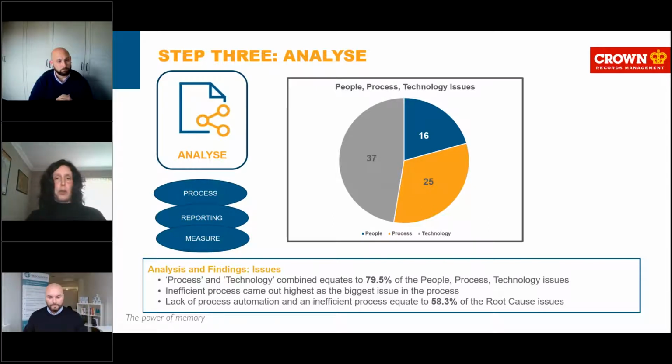But on top of this, you might also put some root cause analysis issues around there and try to group them into 5. Then you can get really geeky and start doing a Pareto analysis around it, and then work out the 80-20 rule and so on. So there's a whole load of analysis that you can put in at this stage. But ultimately, what you're trying to do is work out what's the biggest inefficiency. Is that caused by 80% of things you do, or 20% of the things that you do? Is it your technology that's causing the issues? Is it your lack of technology that's causing the issues? And really trying to pin down the root causes of these,